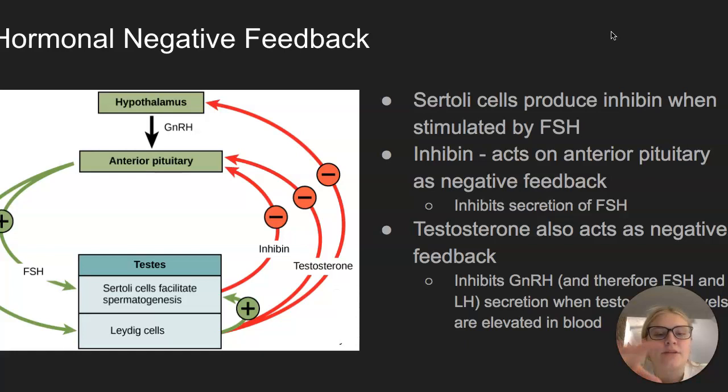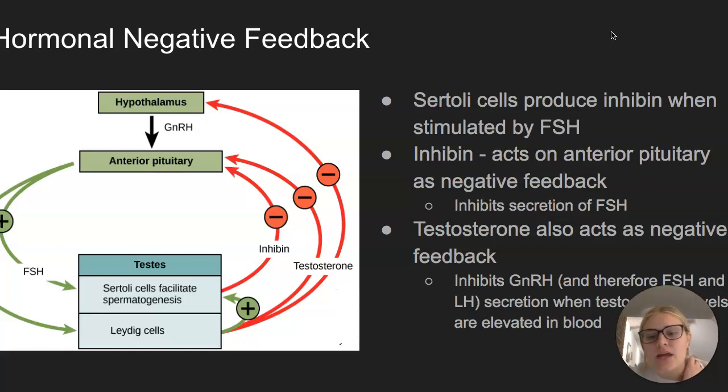However, there are also negative feedback controls in this process. So you can see here when FSH levels are high and Sertoli cells are increasing spermatogenesis, they're also producing inhibin, which is a hormone, and that's traveling back to the brain, specifically the anterior pituitary, and it is inhibiting the secretion of FSH. So lower levels of FSH will decrease the amount of spermatogenesis as a negative control of the amount of sperm